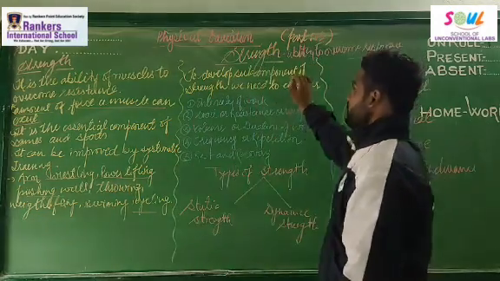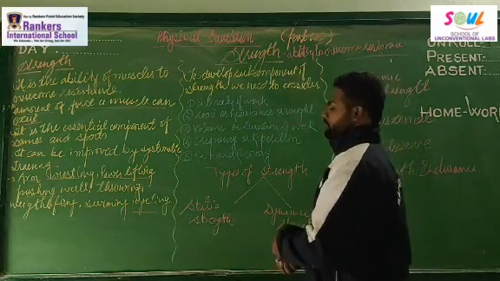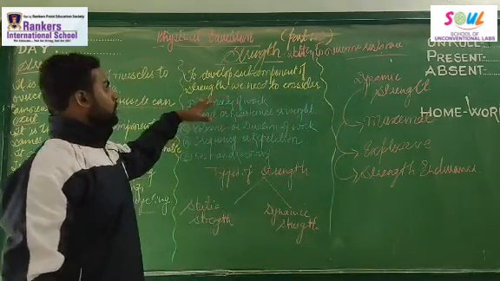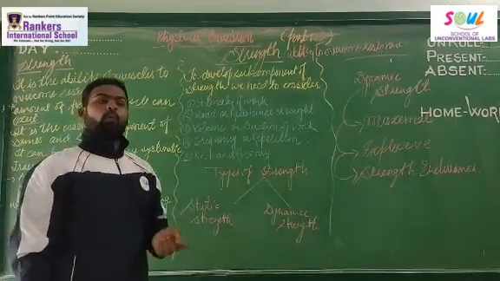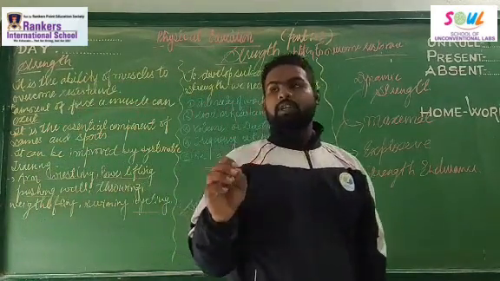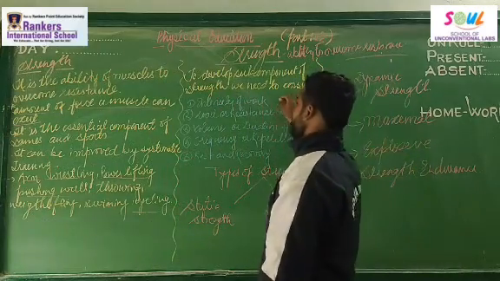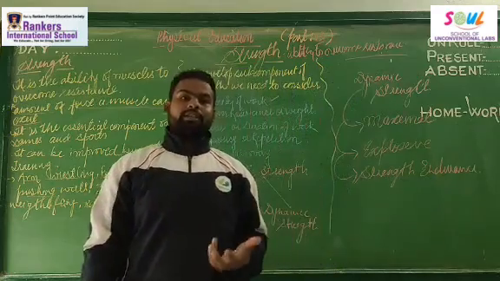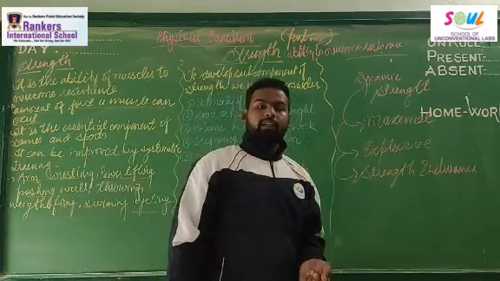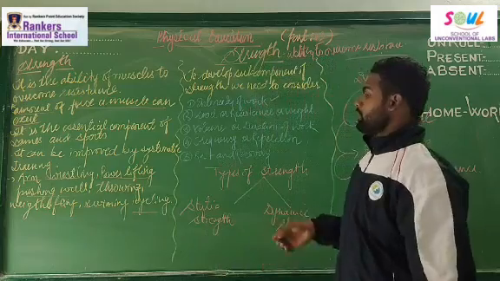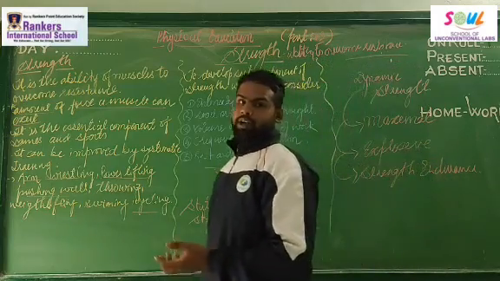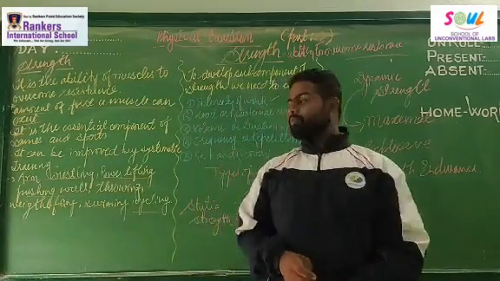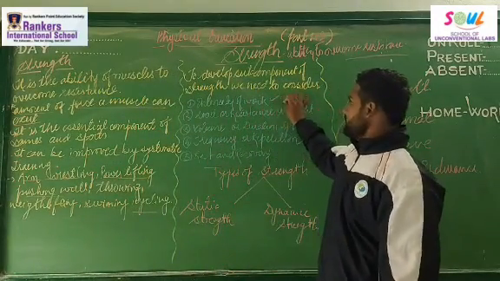Now let's move on to the next point. To develop the sub-components of strength, right? There are a whole lot of components of strength, and to develop that, we need to consider some things. Now, what are these things? The first thing to improve your strength is intensity of workout. It depends on how much intensity of workout you are doing. Let us suppose you are doing a normal routine workout, or you are doing an intense workout. Then it depends on your diet. So the first point is intensity of workout. Is it medium?